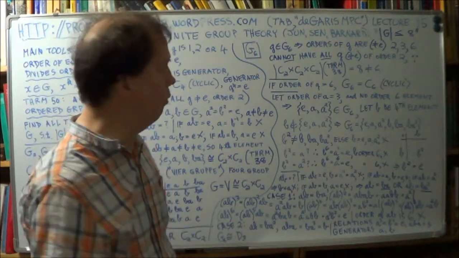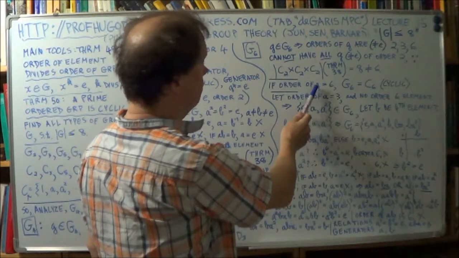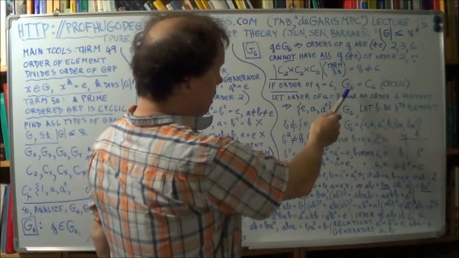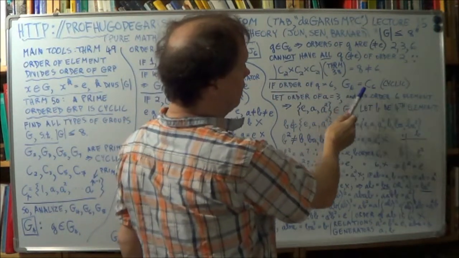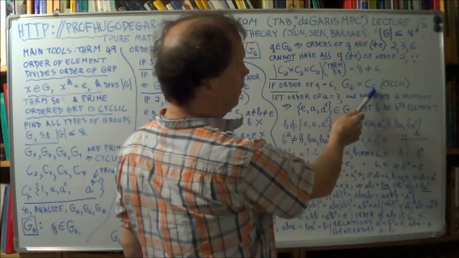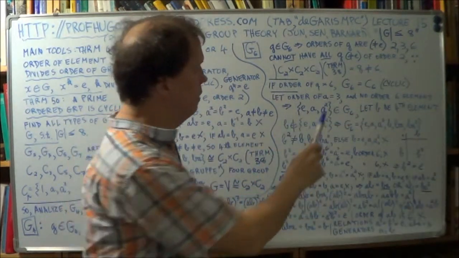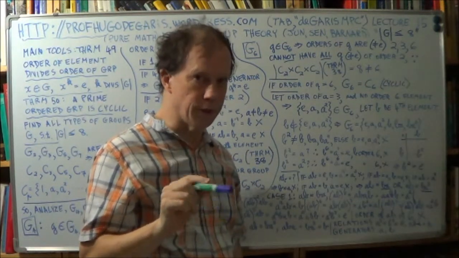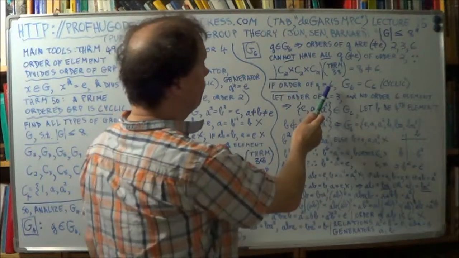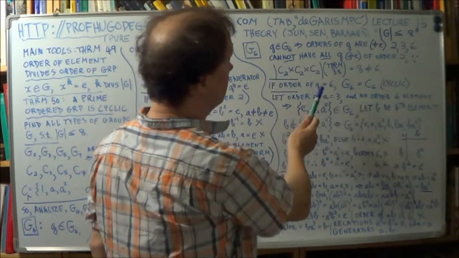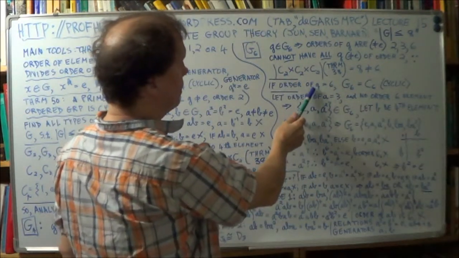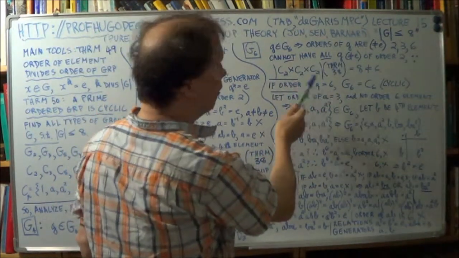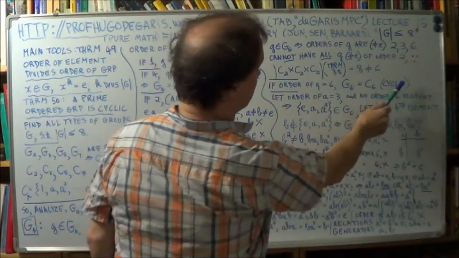Because it generates the whole group, because g to the 6th is then E. So that means G6 is then the cyclic group of order 6. Right? Now remember me saying that's true for any integer n. You'll always have the cyclic group. So if we do have one of these elements has order 6,